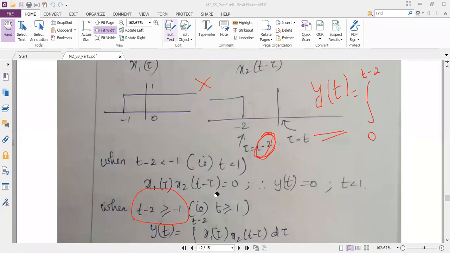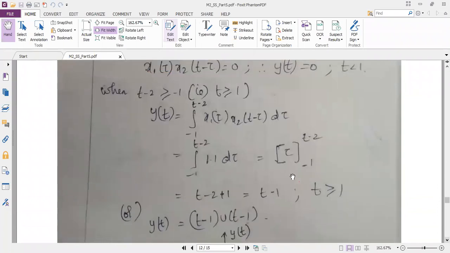The previous problem, why we faced this, the graph 1 was finite. It has the range. So because of that, we did two calculations for output y of t. So I hope you understood this. So when t minus 2 is greater than or equal to minus 1, I will get the output. Later on, I should not write with t minus 2 condition. I should write with only t condition. So this minus 2 comes towards that side, so it is plus 1. So when t is greater than or equal to 1, I will get the output.